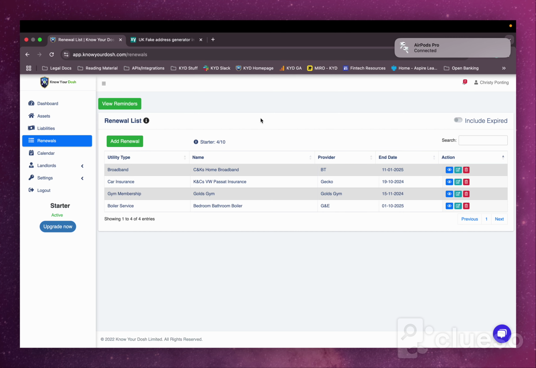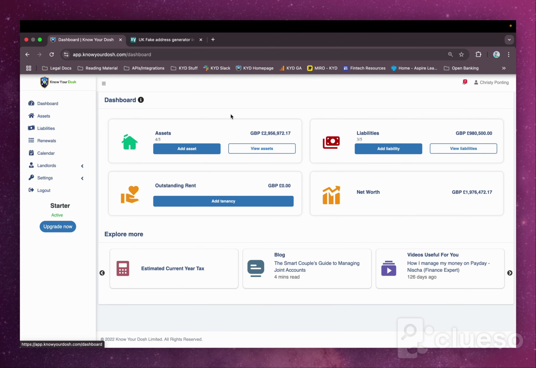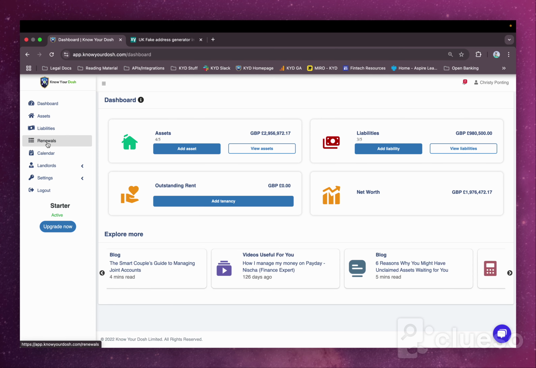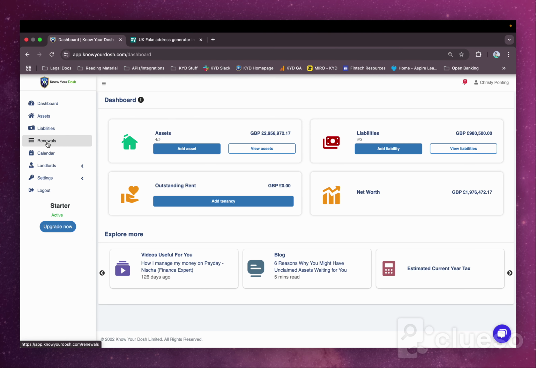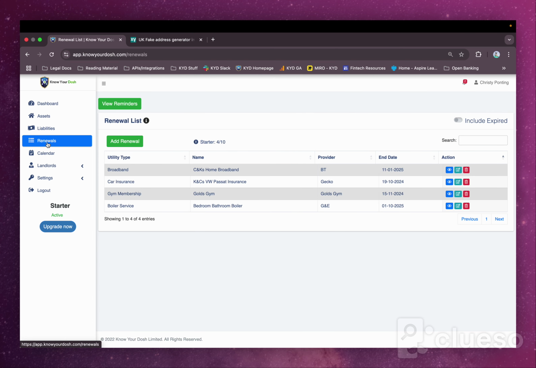Let's take a look at Renewals, which you can access from your left menu bar. The fourth tab is dedicated to Renewals, and it can only be accessed from here, as there is no shortcut from the dashboard. This makes Renewals the first module without a dashboard shortcut. Renewals are a place where you can see all your renewals listed, and it allows you to add, edit, or